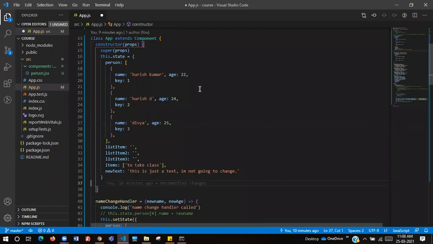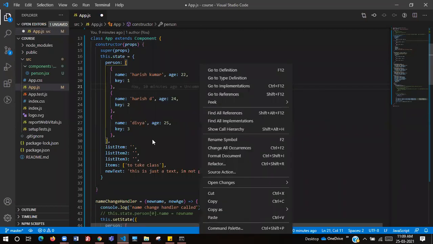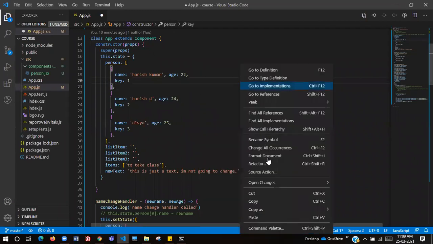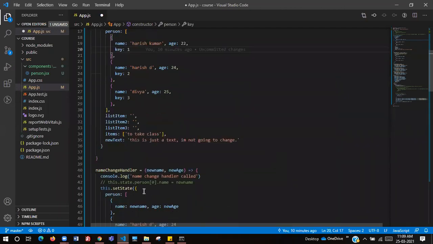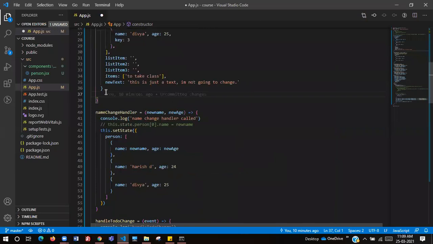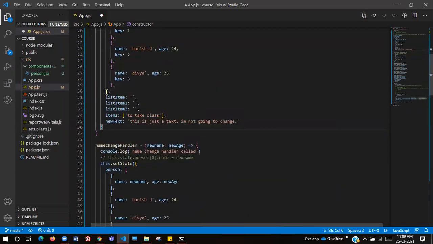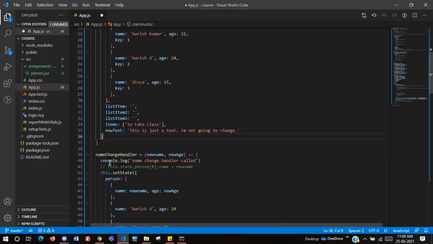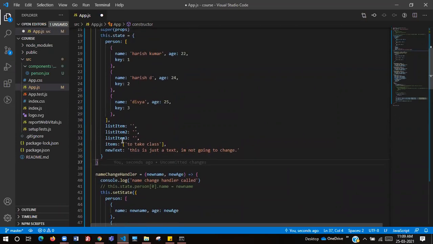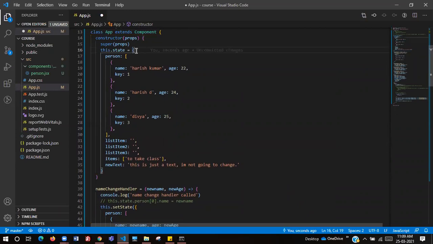So guys, just a quick tip. After you type everything, just right click in VS Code and format the document. That way, if everything is properly closed and done, you will see the alignment. It gets aligned properly. If you miss the alignment somewhere, there you can understand where you went wrong, where you did not close.